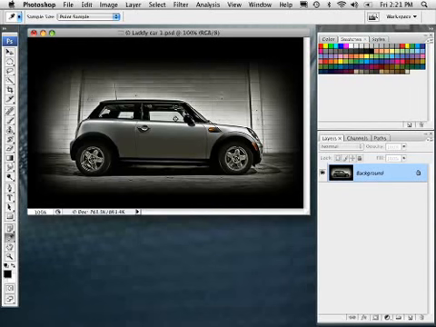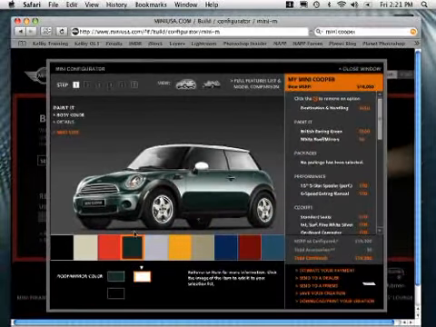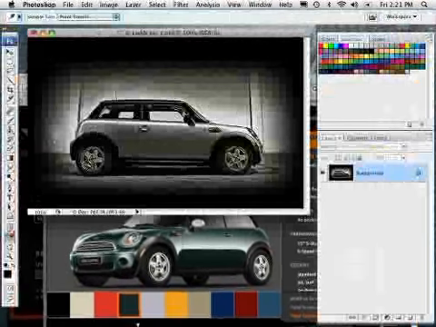and it just wanted to animate through and show you the various colors this one car comes in. So we're going to do that real quick here, and I want to use the actual colors that Mini Coopers come in. So what I need to do is go and refer to the website. I've already got it opened up here to the page. It's miniusa.com, and I've got the page open here where the various color swatches are that you can get Mini Coopers in. So leaving that page open, I'm going to go back into my Photoshop document,